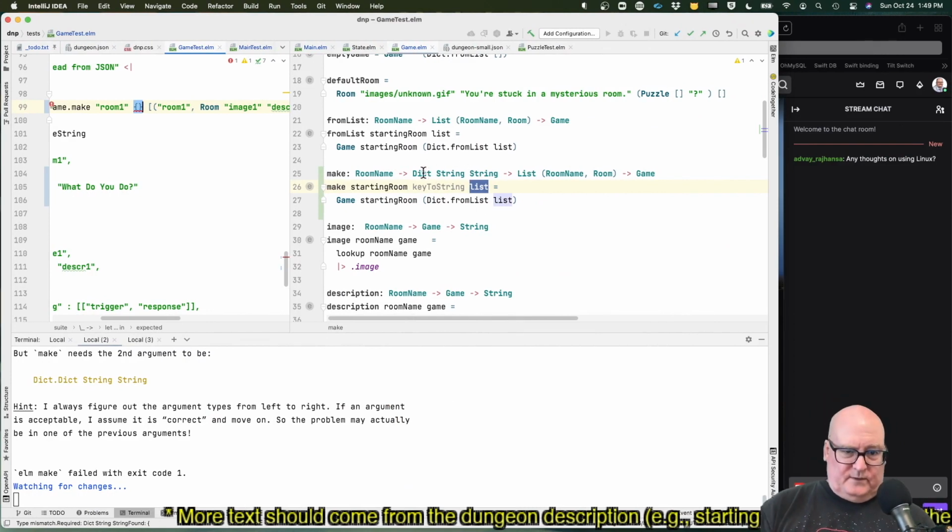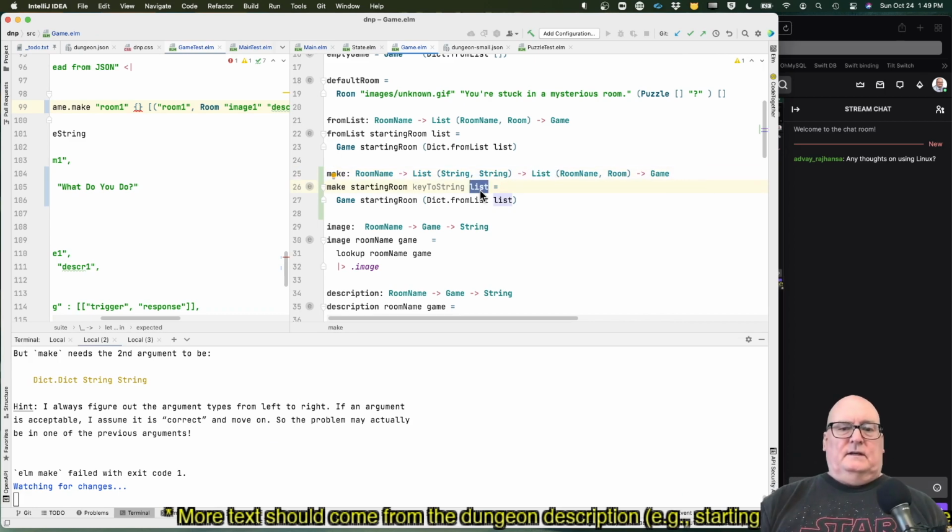Probably why I did it the first time. So this will be a list of string and string. And I think we need another name for this then. It's not a list, it's, well, I guess I'll use the same key, room name to room.